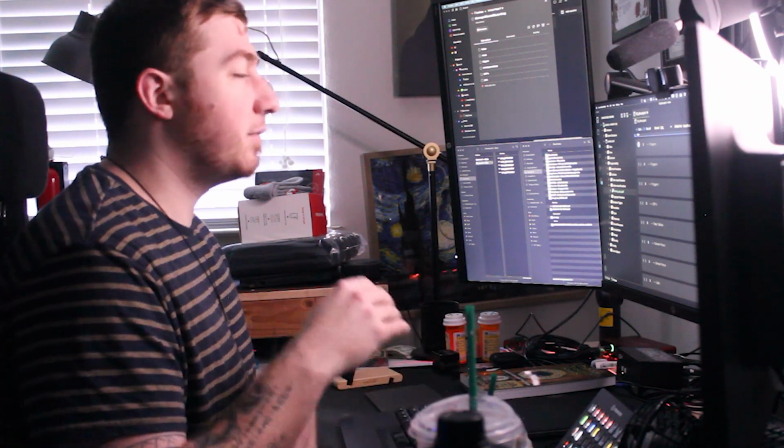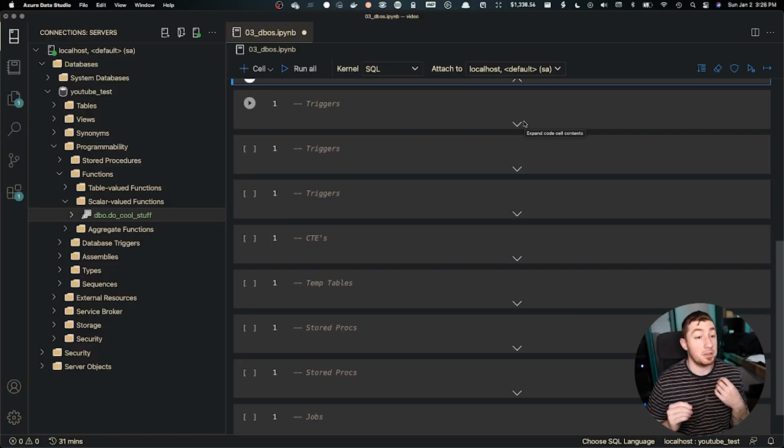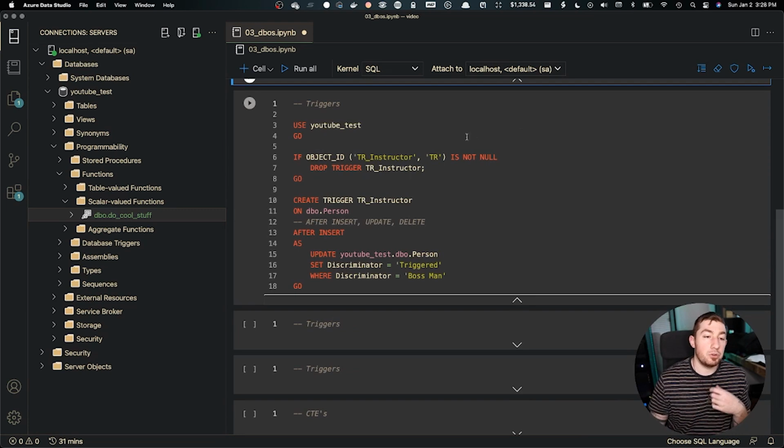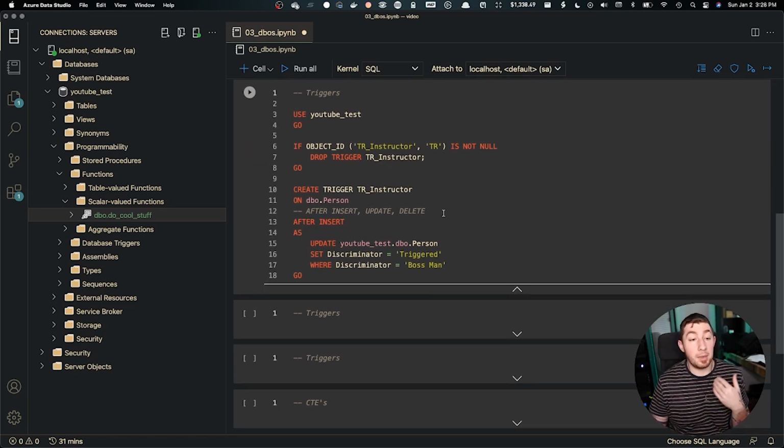Okay, triggers are one of my favorite things because triggers get triggered. So you do something and then it just runs code. And so triggers are really awesome because let's just say I want to create a trigger so that every time there is a new record added to the person table, it will then change something or do something. And I actually set a trigger on one of my own personal projects at work. I have an application I wrote to deal with our ticketing service. And every time a